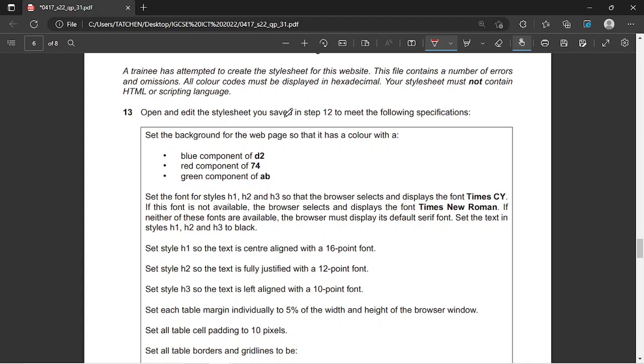They say open and edit the style sheet, you save in steps. Set the background for the web page so that it has a color with a blue component of this, red component of this, green component of this. You have to remember we have our color code as